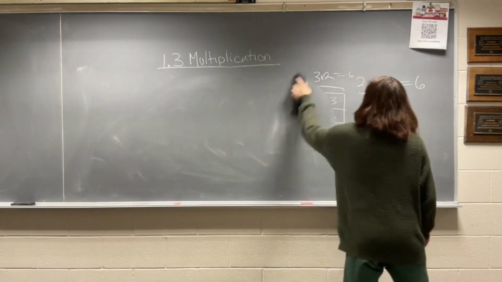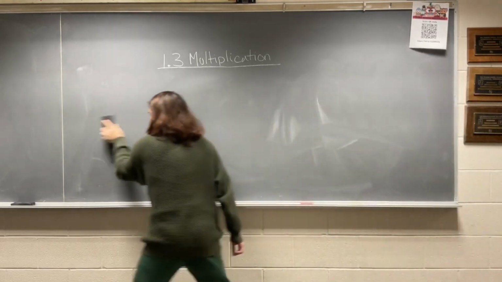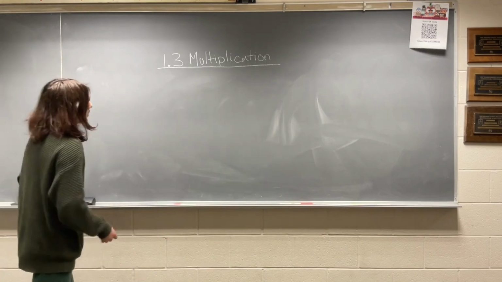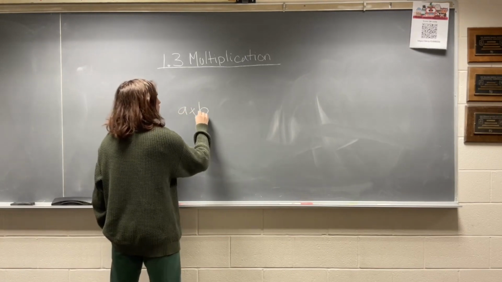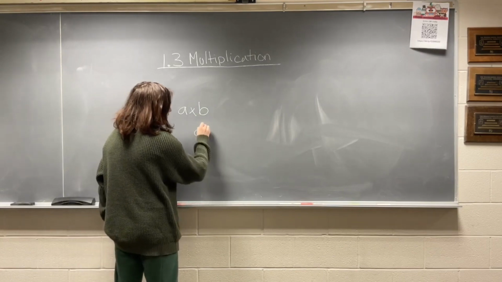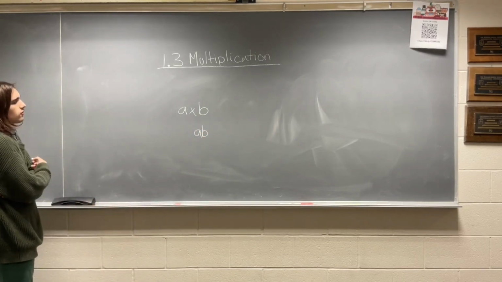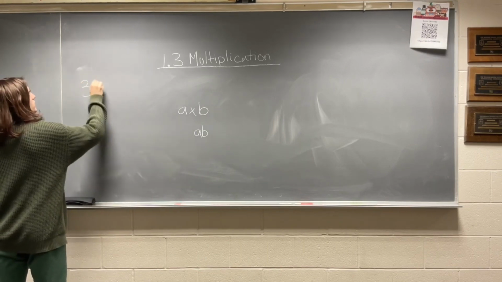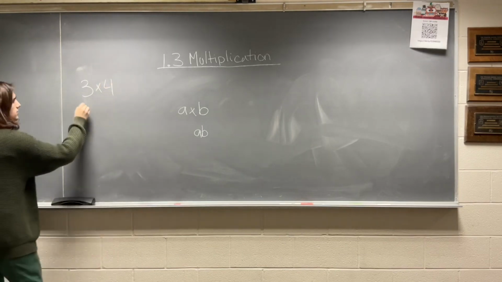And some notes about multiplication. Multiplication is commutative. So if we have a number A times B, we can just write this as AB because that's the same thing as times. So let's go over some brief things with times. So let's say we have 3 times 4. Well, that's going to be the same as this,